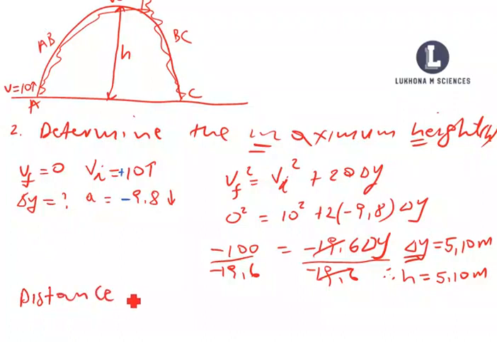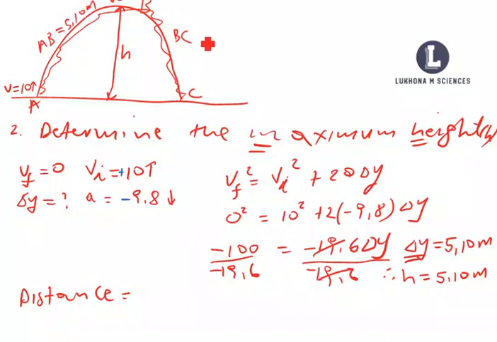Remember, the distance is a scalar quantity, so you just add. We know that the height is 5.1 meters, meaning the distance from AB is 5.1,